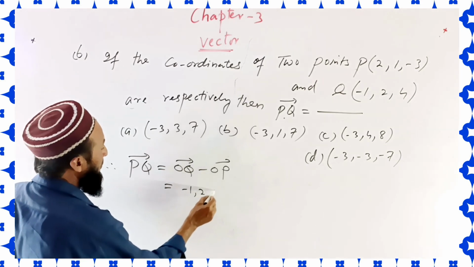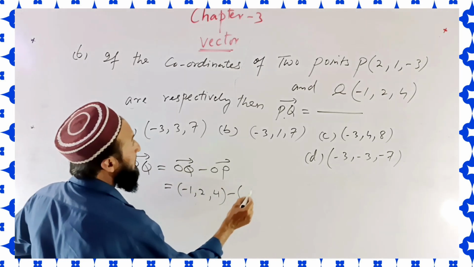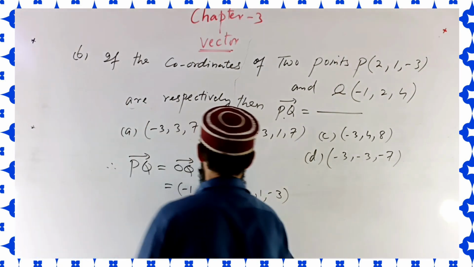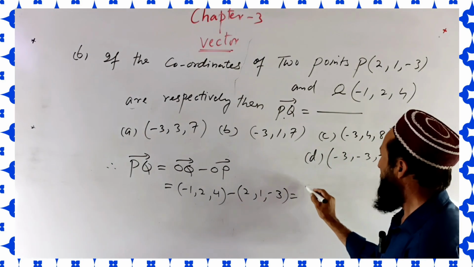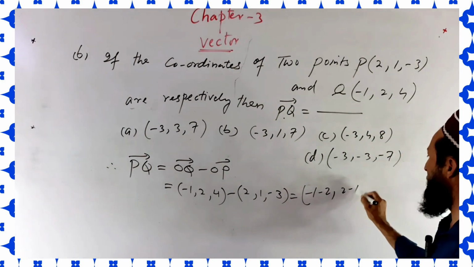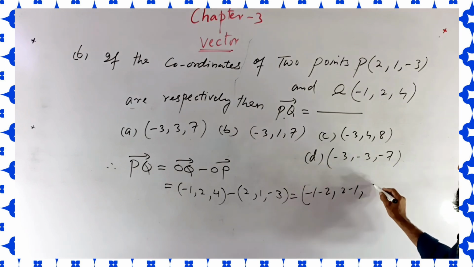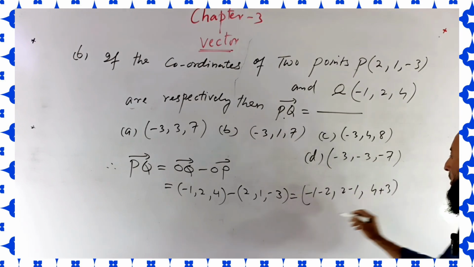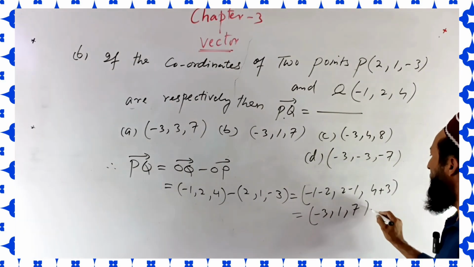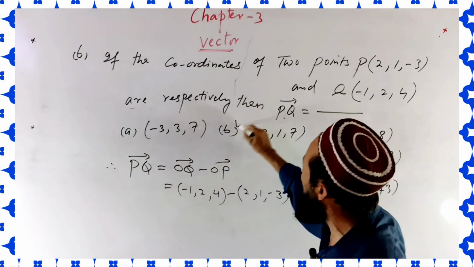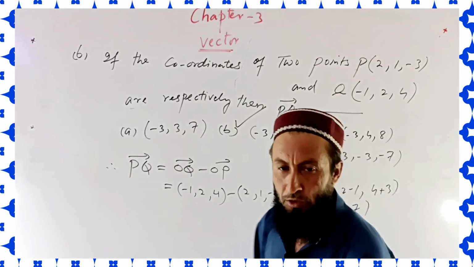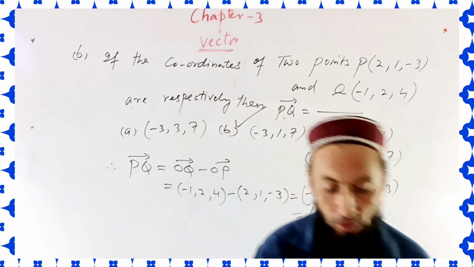If we subtract, we get minus 1 and minus 2, 2 minus 1, and 4 minus minus 3. So we get the result minus 3, 1, and 7. So the correct answer will be equal to B. So these are the position vectors. According to the definition of position vector, we have